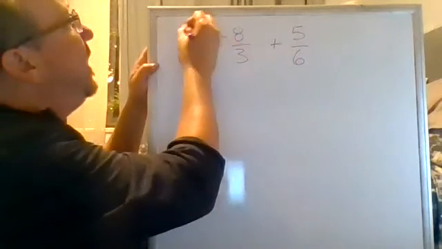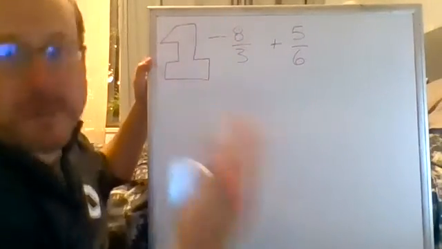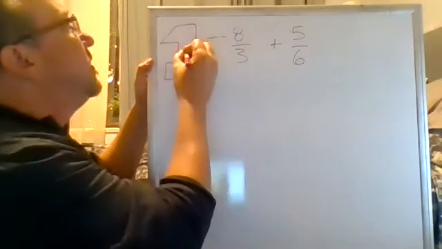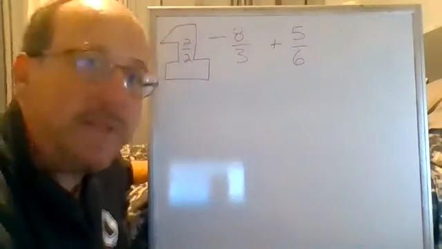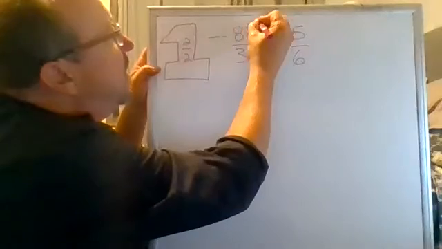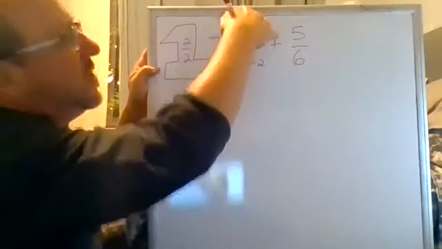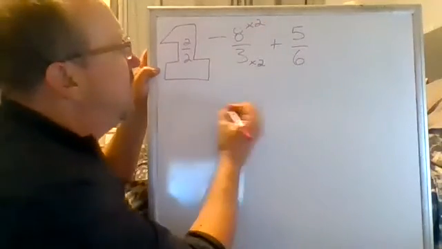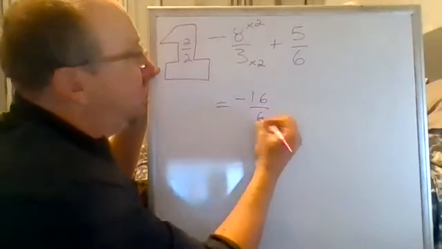You can multiply anything by the number 1. See my big 1 here? You can multiply anything by 1. It's not going to change its value. And there are a bunch of different ways to create a 1, such as 2/2, right? So that's what we're doing here. I know that 3 times 2 is going to get me into my sixths. And then because I need to do it to the numerator and denominator, multiplying by 2/2, that's what I'm showing there. So I can rewrite this now as a negative 16/6